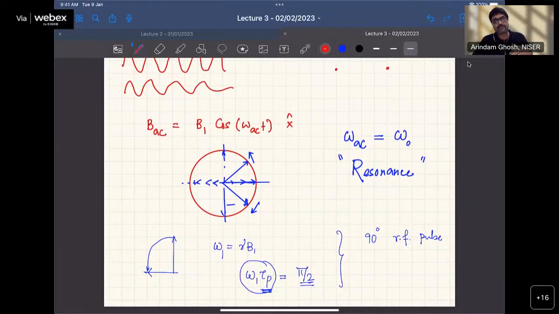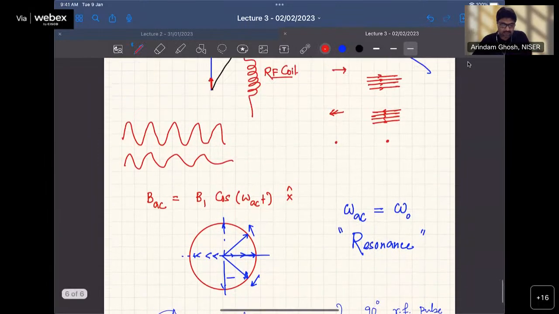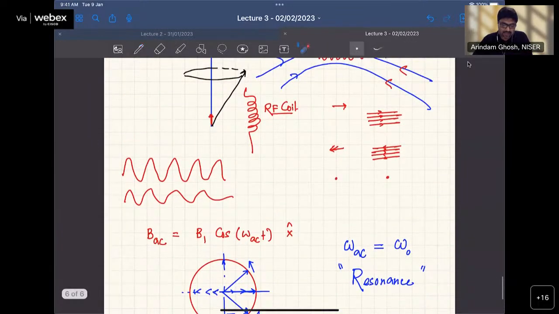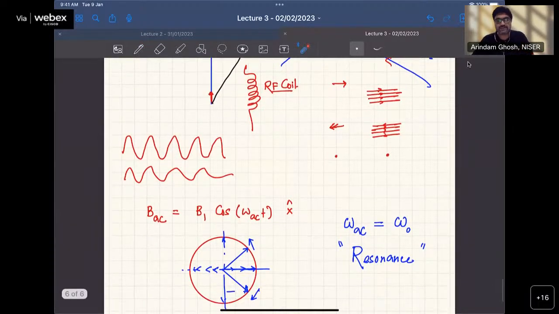So you want a little more, for example, a theoretical description of how this particular thing is happening, how it is tipping? I can tell that in one class. Or you want to move on, okay fine, I have understood that, and you want me to talk a little bit about other things, like what do you mean by 1D NMR, 2D NMR, what is D there? I can talk about that as well, any other theoretical thing. So I have taken 3 classes to briefly go through the entire mechanism of how NMR happens,